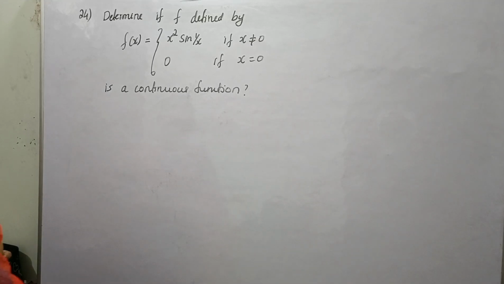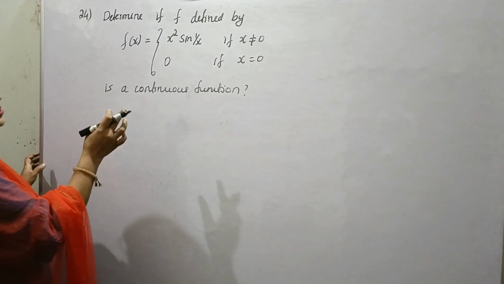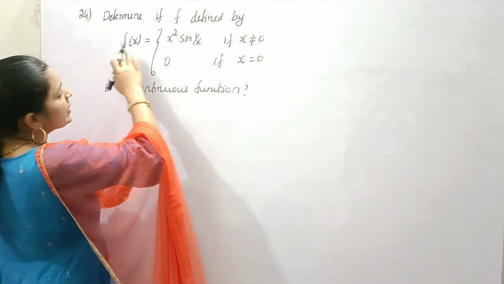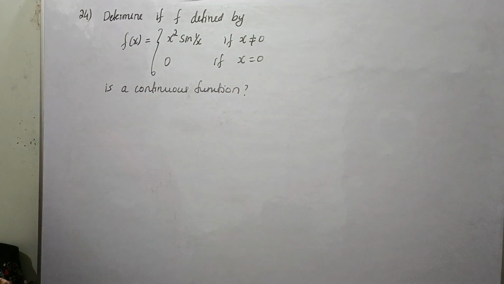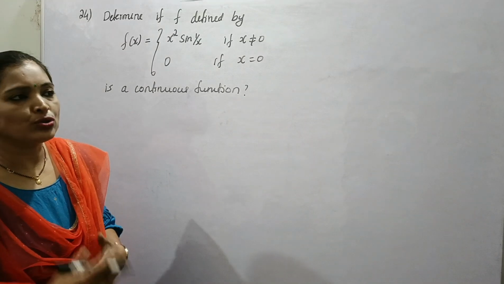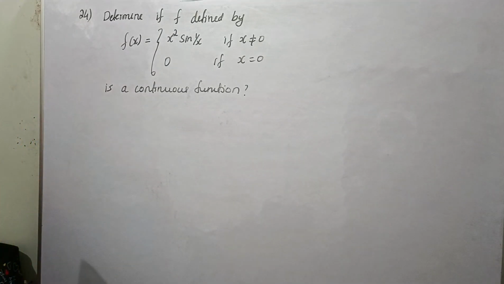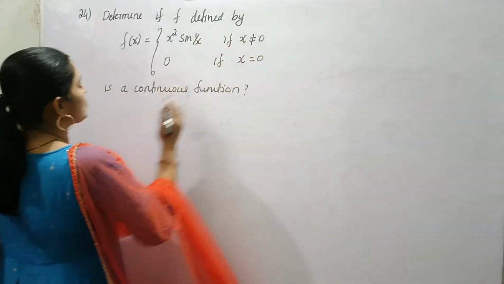Determine if f defined by f of x equal to x square into sin 1 by x if x not equal to 0, and f of x equal to 0 if x equal to 0, is a continuous function. See here, very easy. We have to determine whether this is a continuous function or not. So here, first of all, if x not equal to 0,